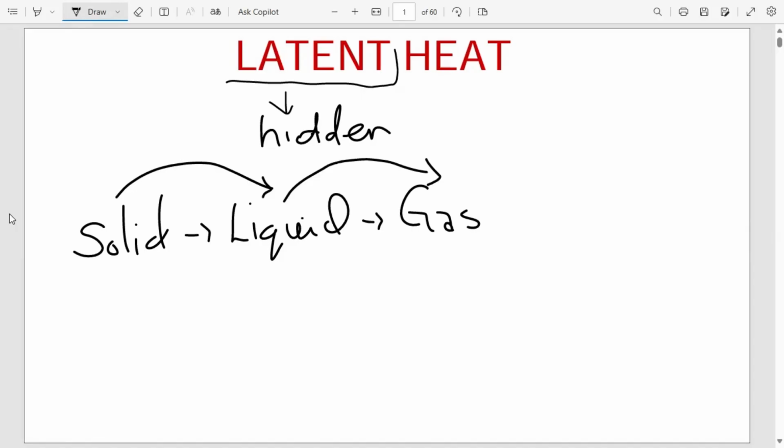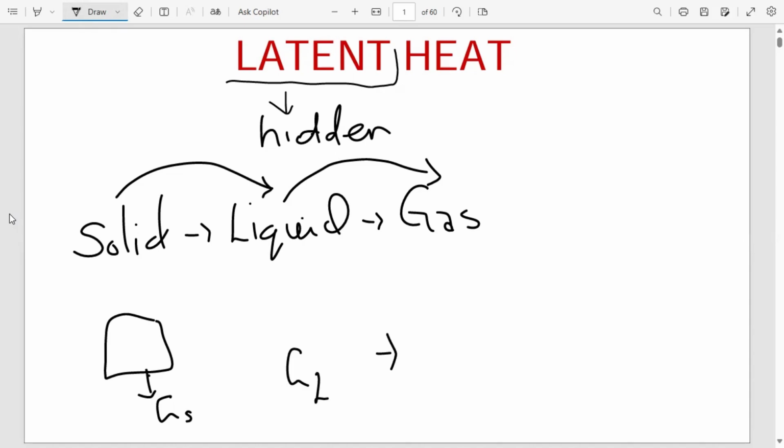So if it's a solid substance, the amount of heat energy that is going to be raising the temperature of a unit amount of this substance by 1 degree Celsius, we're going to be calling that the specific heat capacity, of which you say this is C of this solid. The same happens when we're talking about the liquid: the energy that is going to be raising the temperature of a unit amount by 1 degree Celsius, we're going to call it C, which is the specific heat capacity of your liquid. The same on the gas. When the gas increases in temperature, we can say the same.